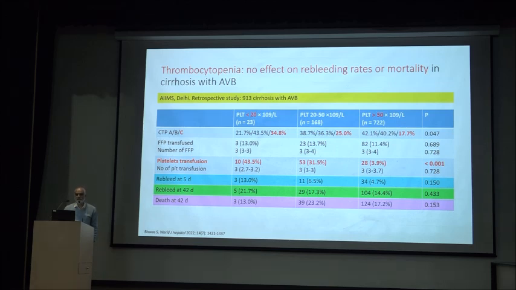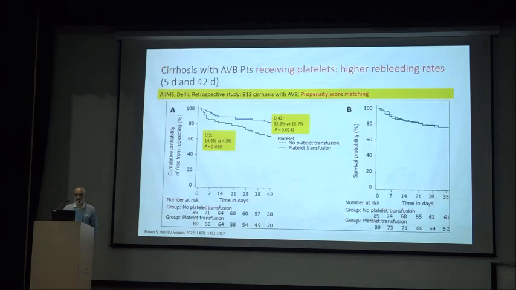and as expected, platelet transfusions were given in more patients who had platelets less than 20 or 20 to 50 as compared to more than 50. But in all the 3 groups, rebleed at 5 days, rebleed at 42 days, and death at 42 days were similar. So that means that thrombocytopenia per se has no effect on rebleeding rates or mortality in cirrhosis patients with acute variceal bleed. And in the same study it was shown that